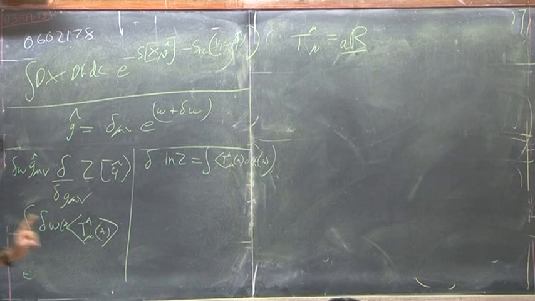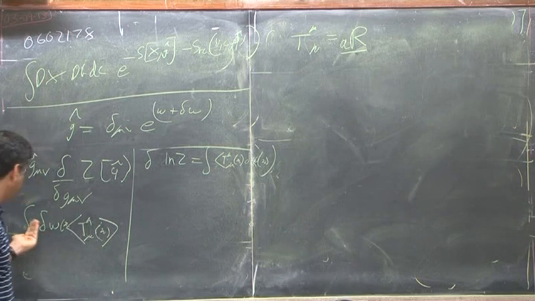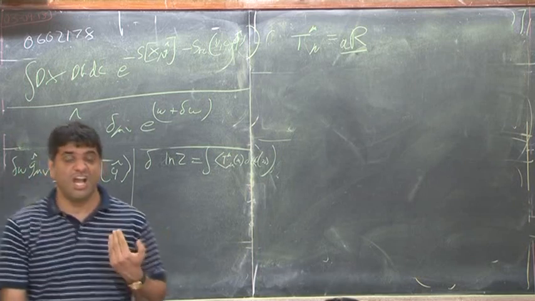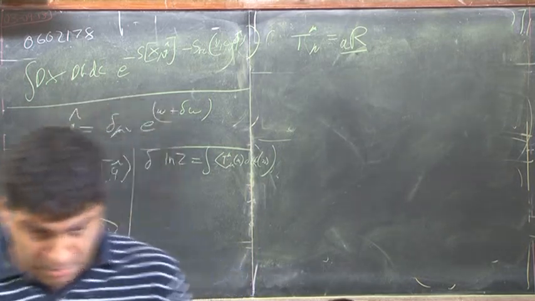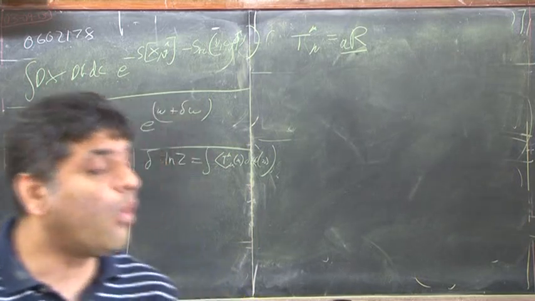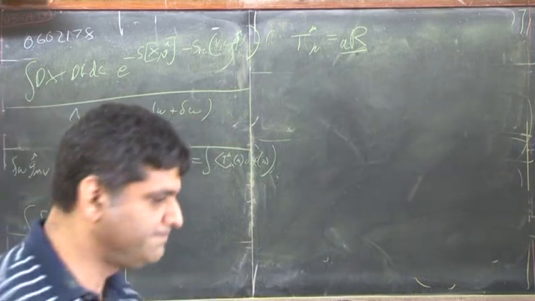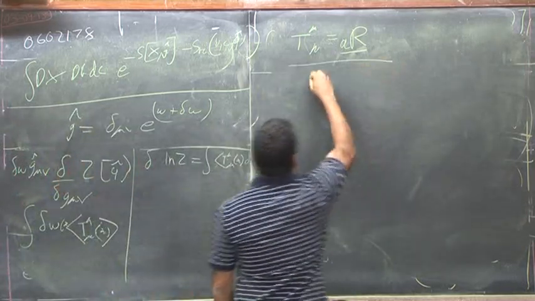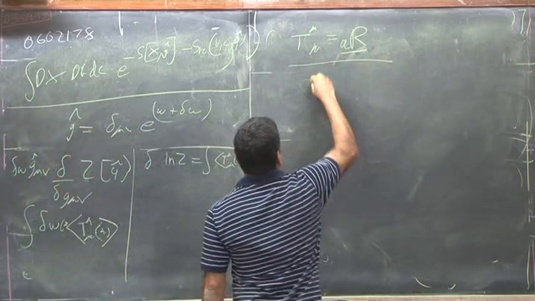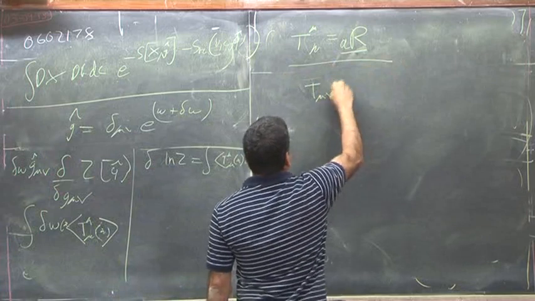Now, inside such a partition function insertion, in which we've got no other operators inserted, okay, if something like this were the case, then what we would have is that T mu nu would be